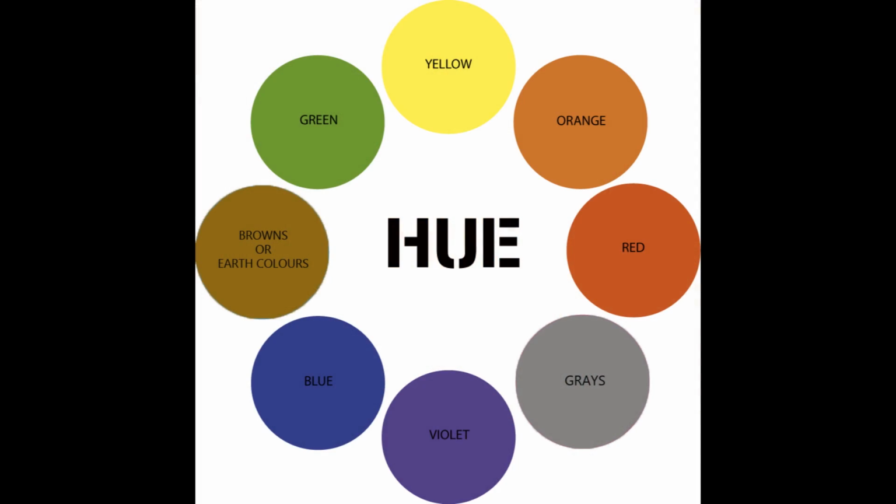The first one is the hue or chroma. This is the identity of the color. There are 7 families in total: blue, violet, red, orange, yellow, green, brown or earth colors in general, and grays. There are millions of colors around us, but I assume that you can all put them in one of these